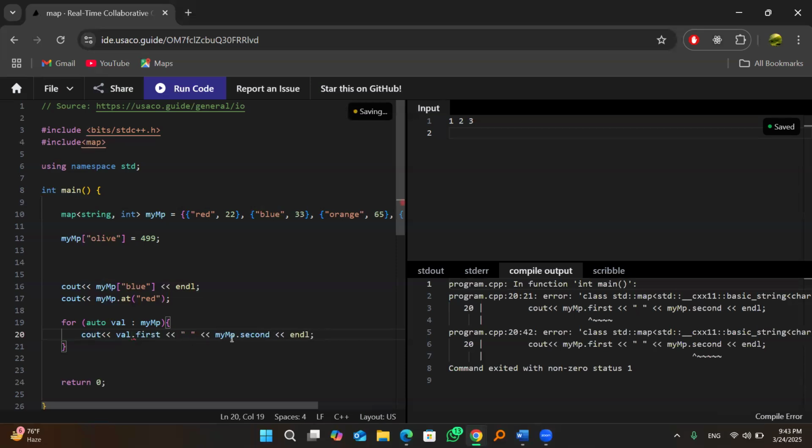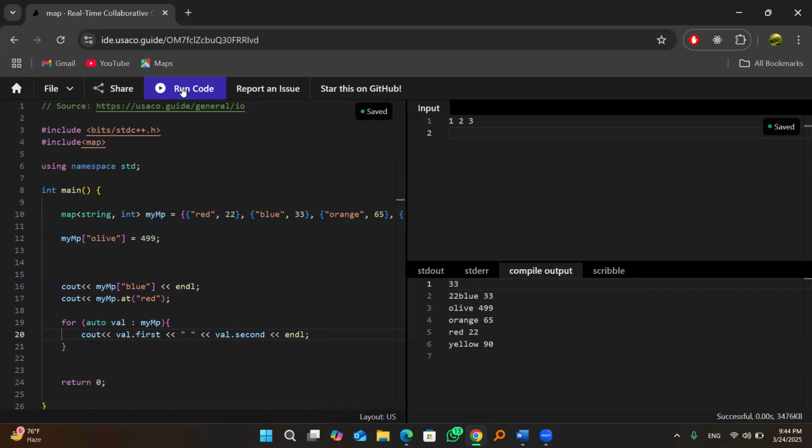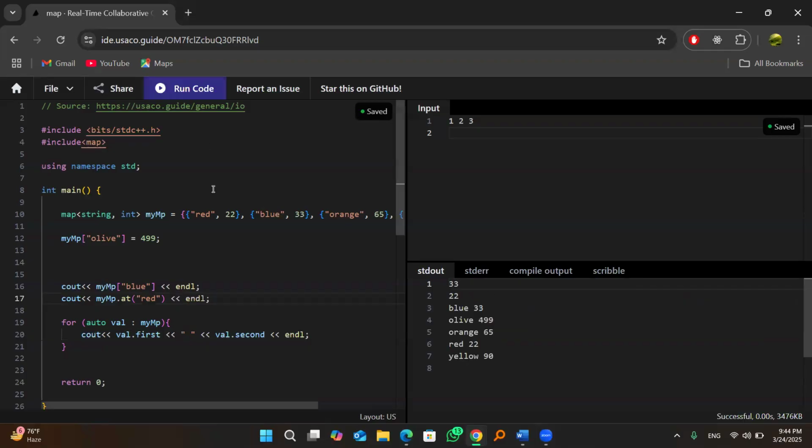So let's remove that and add the value. Now it should print the whole map. As you can see, it has printed. Okay, add a little inline here. Okay, so as you can see, after yellow,